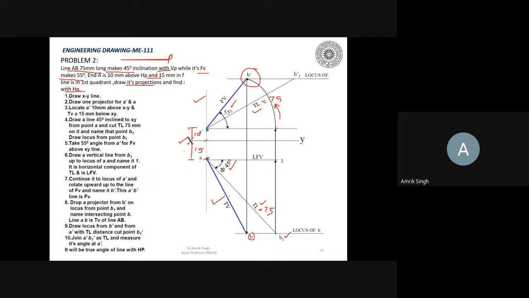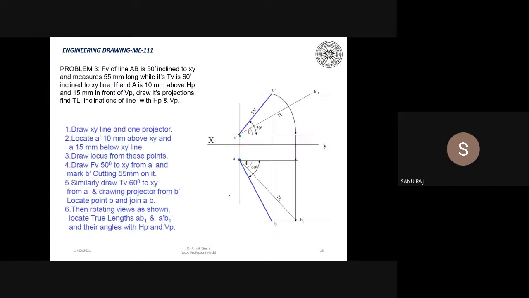ठीक है. So these are two basic and simple problems. ये आपने अपने आप से ड्रॉ करके देखनी है, सोल्यूशन एक तरफ रख देना है, और फिर मैं जो ट्यूटोरियल दूंगा आपको, इसी तरह की 3-4 प्रॉब्लम्स होंगी, इसकी हेल्प लेके आपने वो ड्रॉ करना है. ठीक है. Okay, sir.